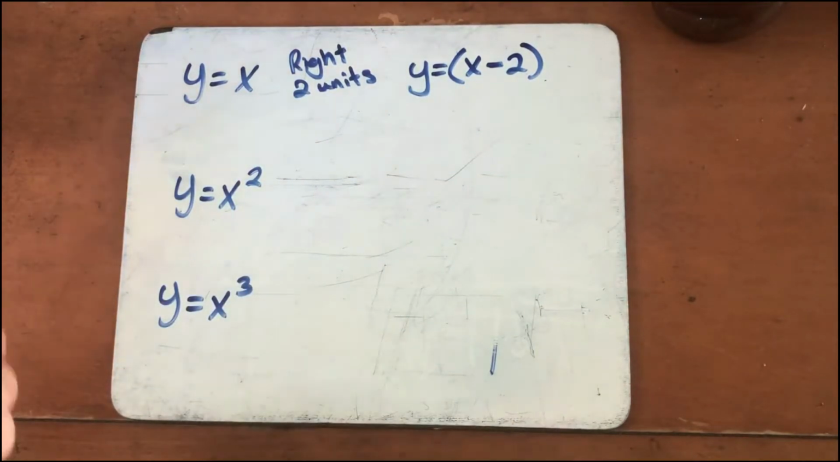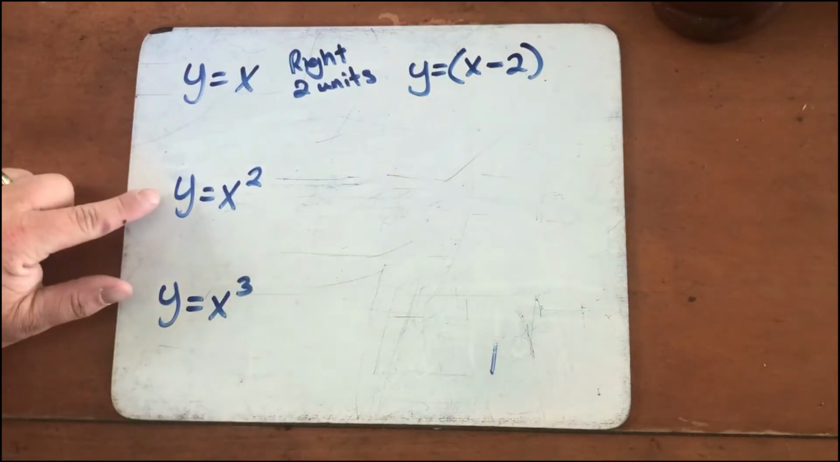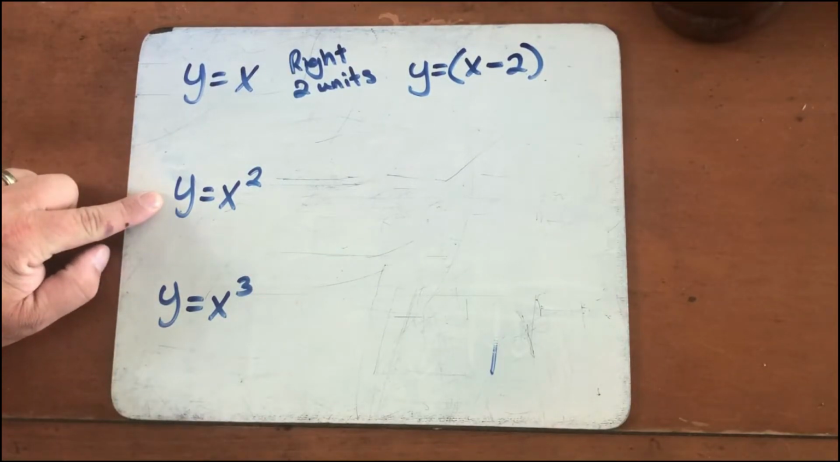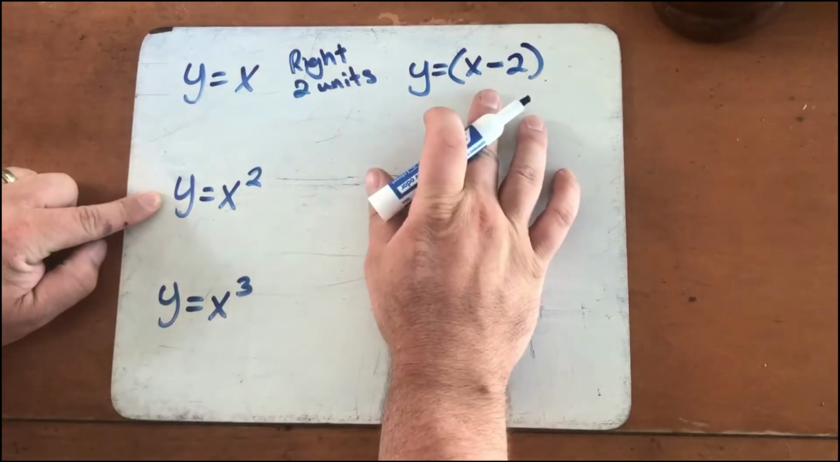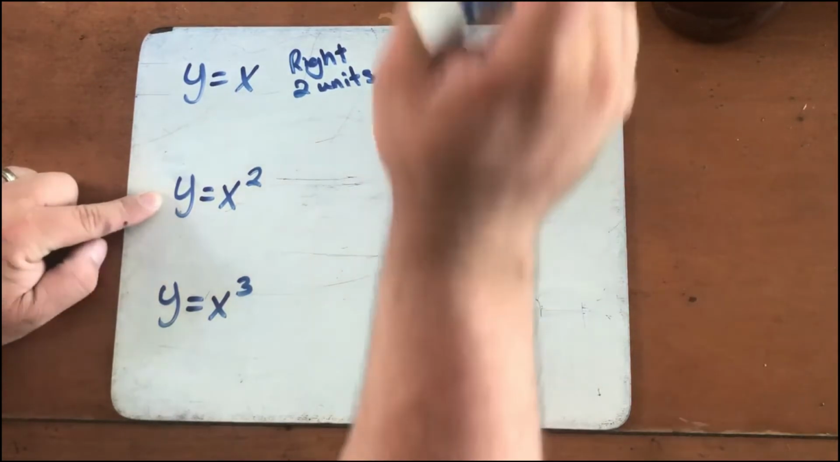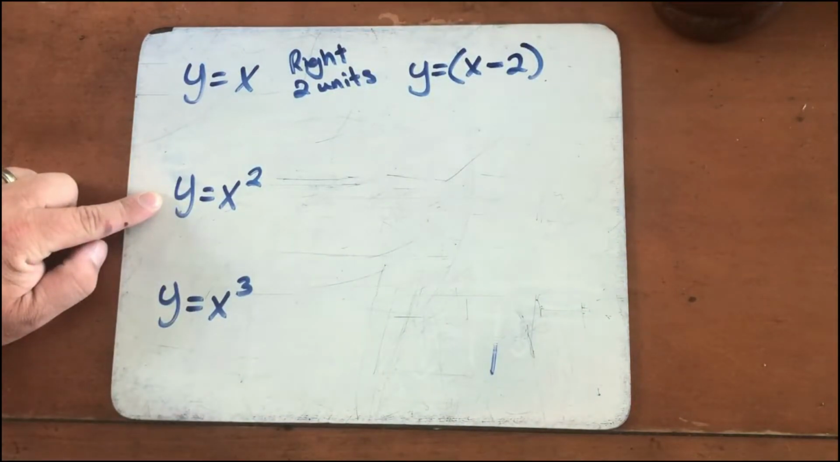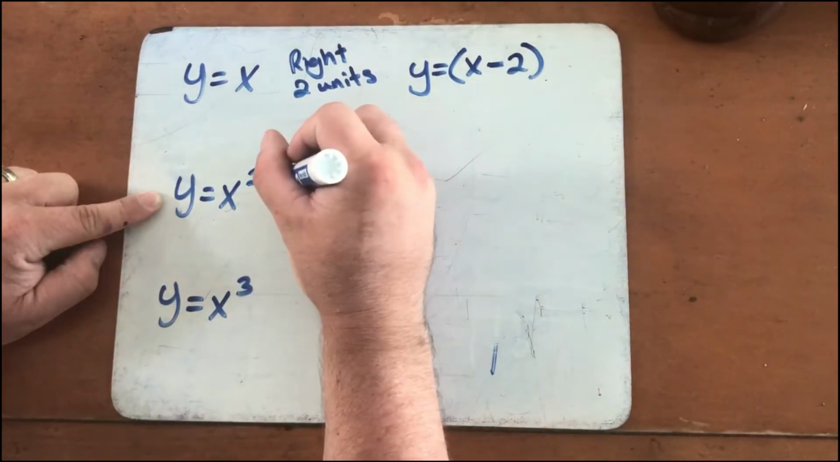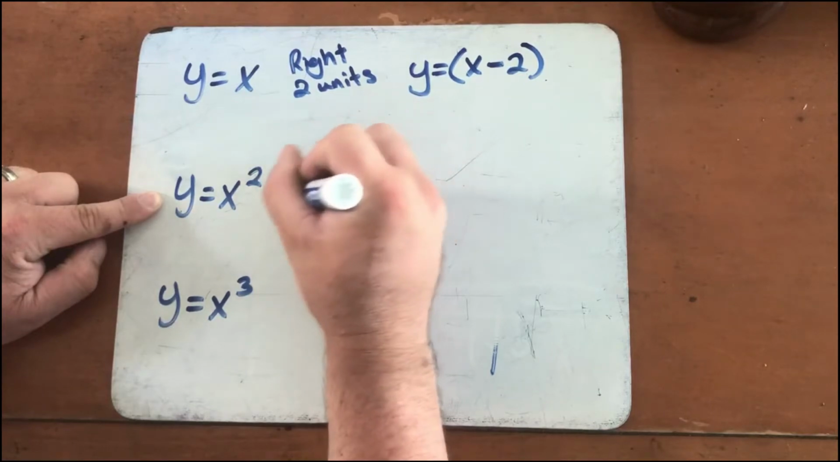All right, a lot of these are going to look very similar. So let's say I'm doing y equals x squared. It's going to look almost just like this, except it's going to be plus or minus whatever the shift is supposed to be, and then I'm going to have squared on the outside parentheses. So let's say I want to go left